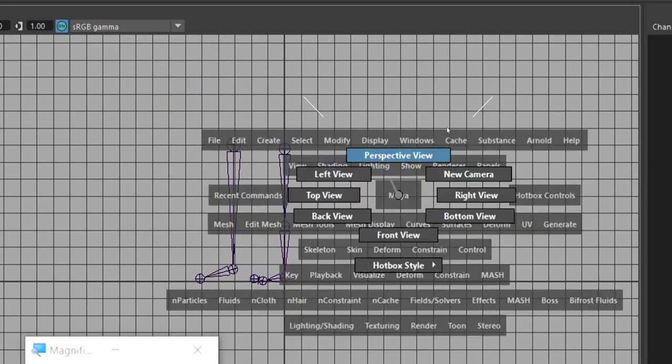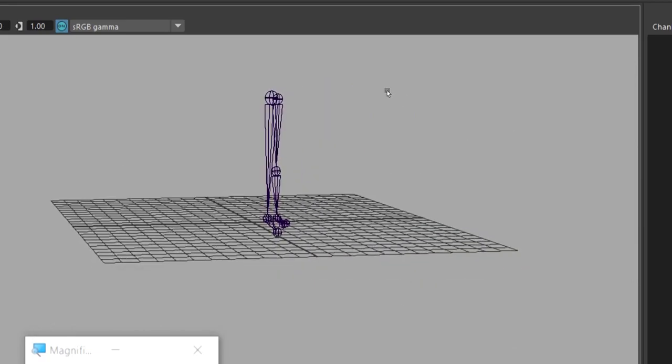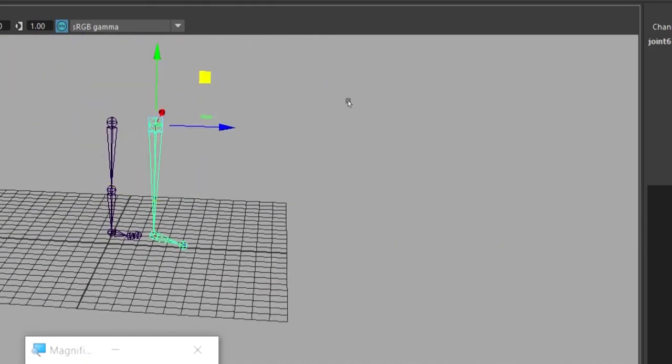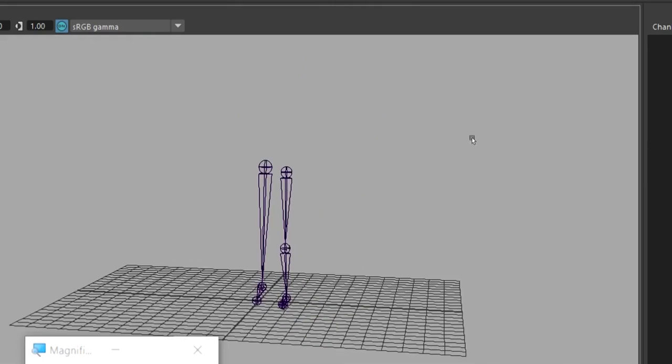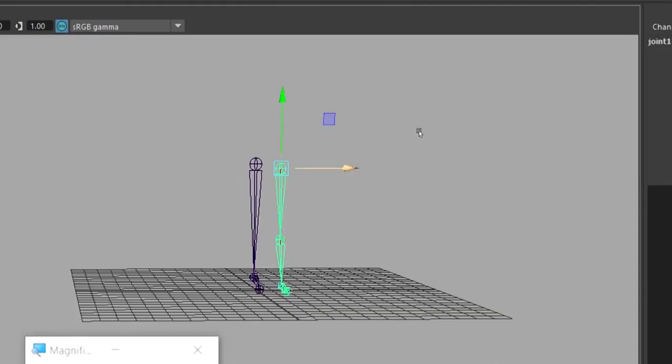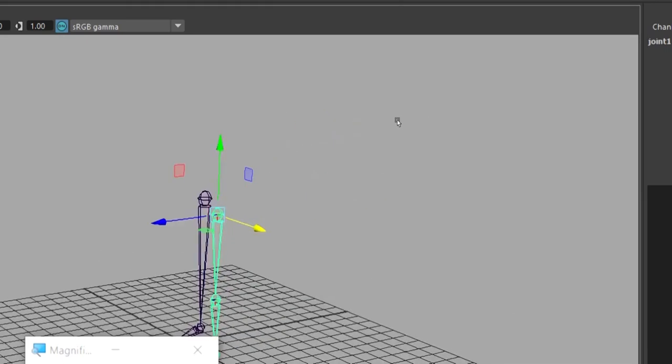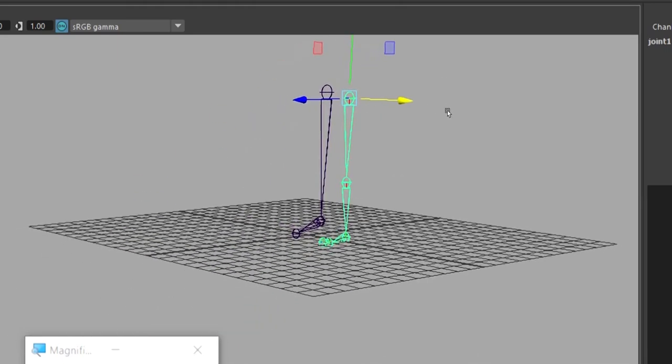Just imagine, which one looks more comfortable, more like a human being's leg structure? This one or this one?